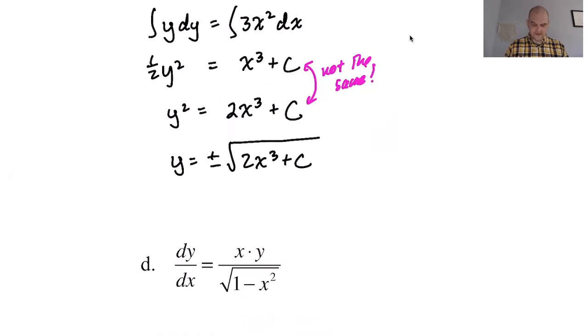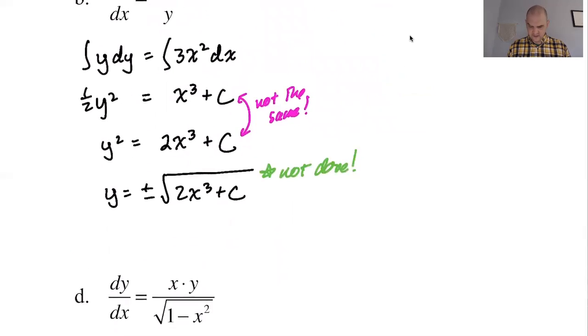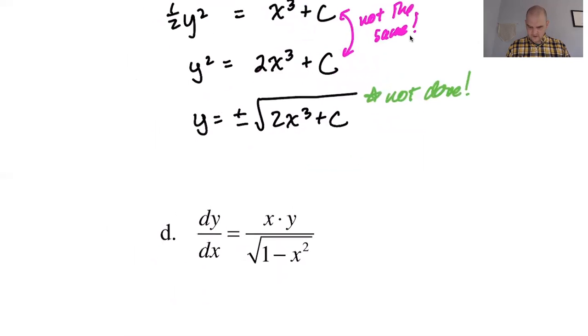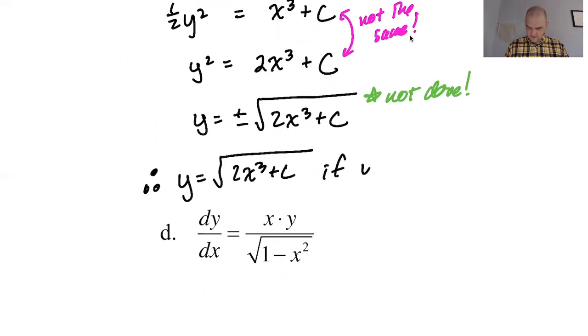We are not yet done. y is not a function of x. If I give you an x value, you'll get 2 different y values: the positive one and the negative one. So here's what you're going to do, and this is a little bit different. You are going to say y is equal to the square root of 2x cubed plus c if the y value of the initial condition